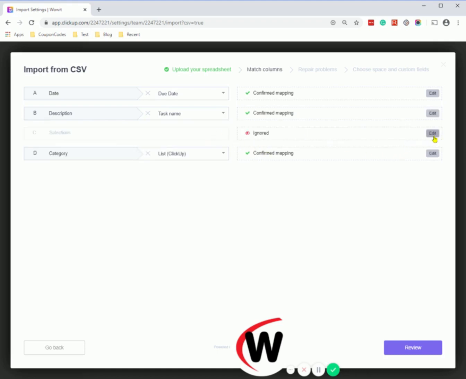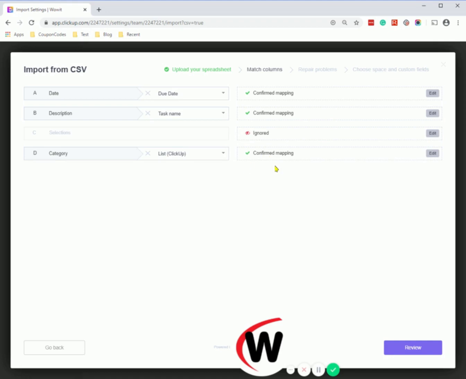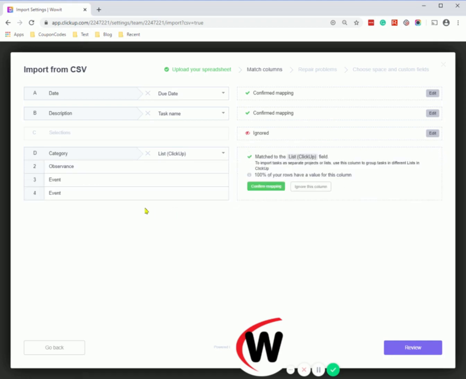Now I'm also going to edit this one because the CSV file does have columns that we don't need. So for example, selections where we chose what was in our list. That's not relevant at all. So you select Ignore this column. And I'll expand the last one. In our CSV file, the category information indicated what type of celebration day it was. We want that to map to list. Now, if you're new to ClickUp, then I'll explain after we've imported why I chose list here. I'm going to confirm mapping